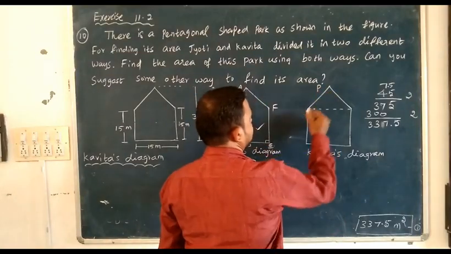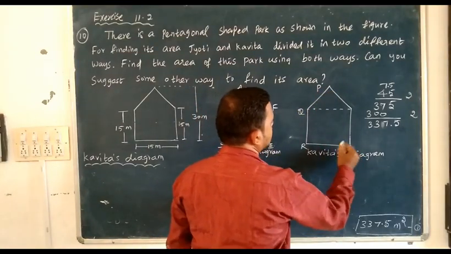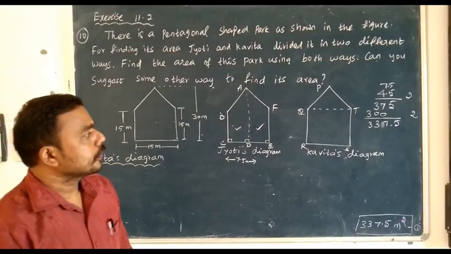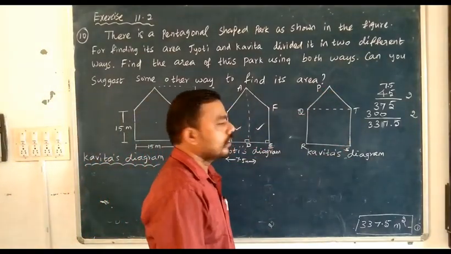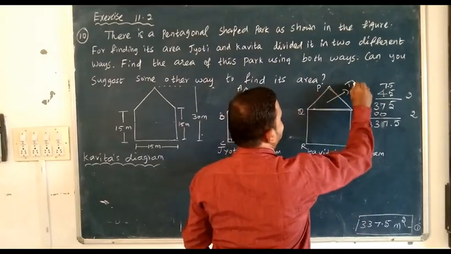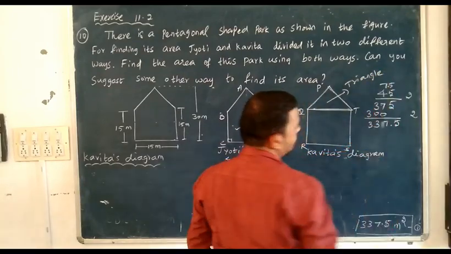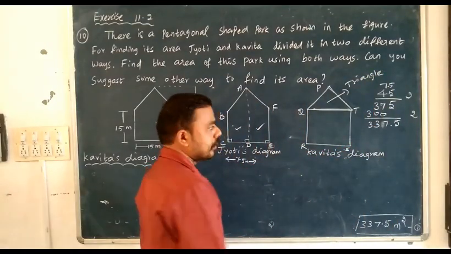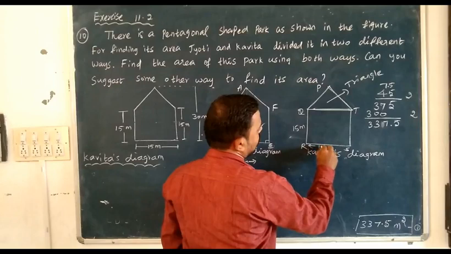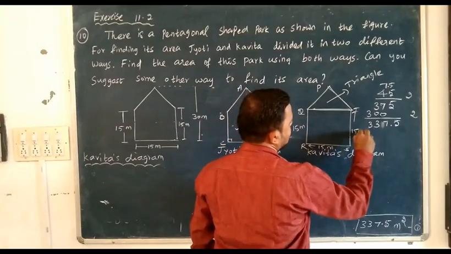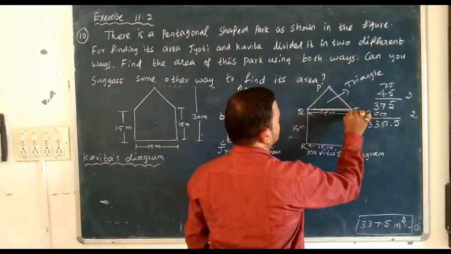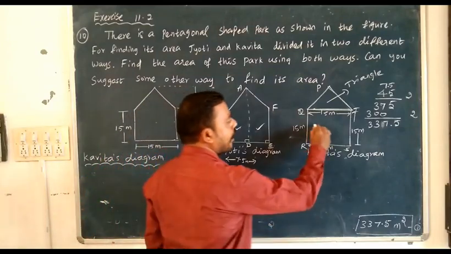The same way I am going to give the names P, Q, R, S, T. So think about the whole thing. The division is here. So this one is this shape. It's a triangle. And think about this shape. This side is 15 meter. So all the sides are 15. This is also 15 meter. So all the sides are 15 meter means this one is a square.